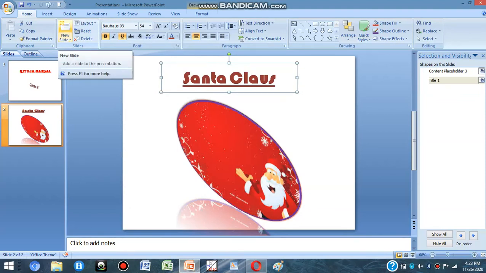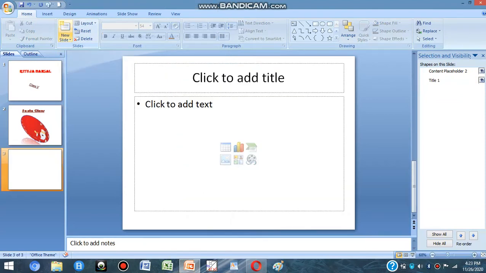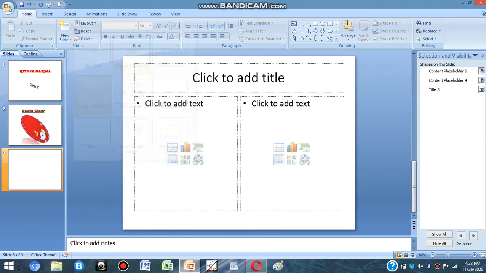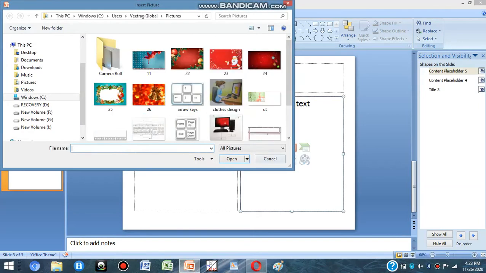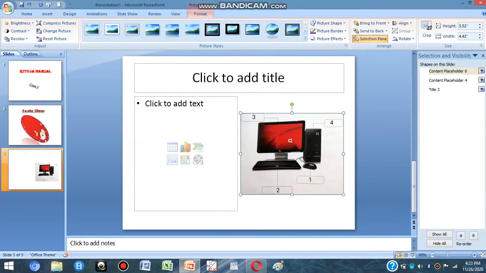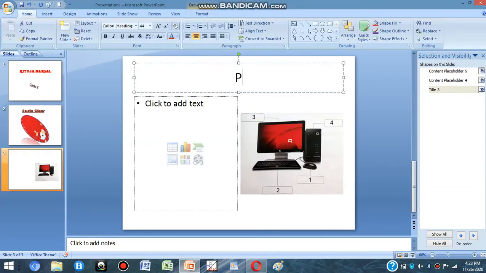Now we will add the third slide. To change the layout, if I want another layout, then I will take the Layout option from the Home tab, Slides group, and I will take this Two Content slide. Now in this two content, again I will insert a picture. For example, I am taking this picture of parts of computer, and I will write its name as parts of computer,